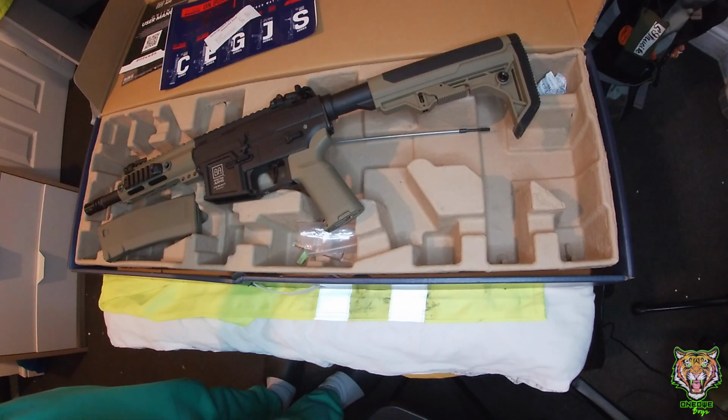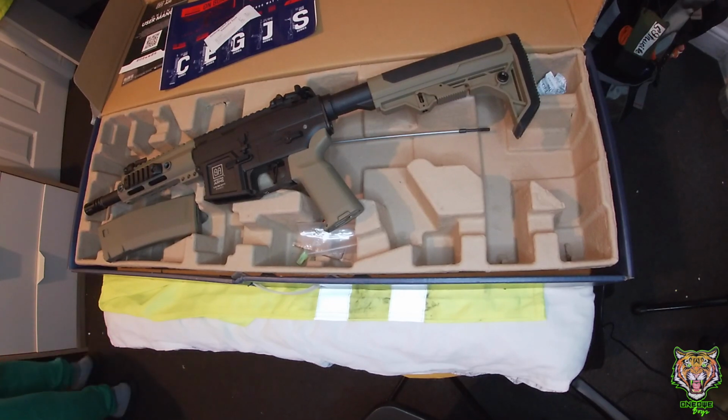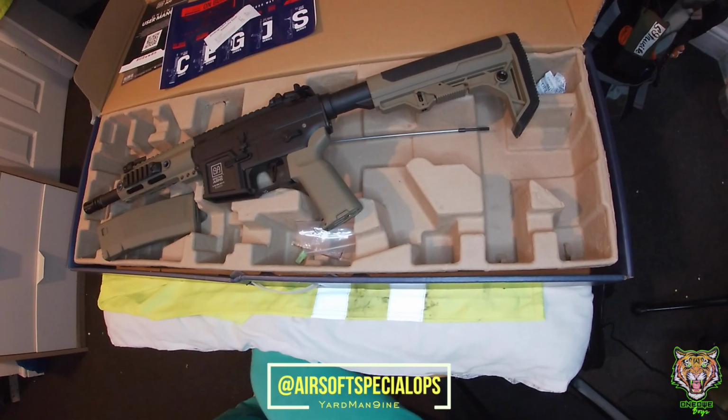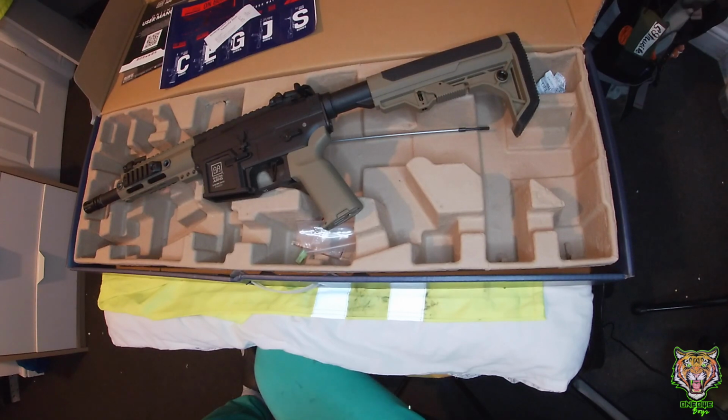I'm just like, what? It's very much surprising me. Genuinely, this ain't even fake surprise. I'm genuinely surprised, good surprised as well. Because it's got me thinking, Specna Arms, I have contemplated at points, do I buy a £200-300 gun from you guys? Because I've got other guns from you guys that I bought that are more expensive and stuff, but you know